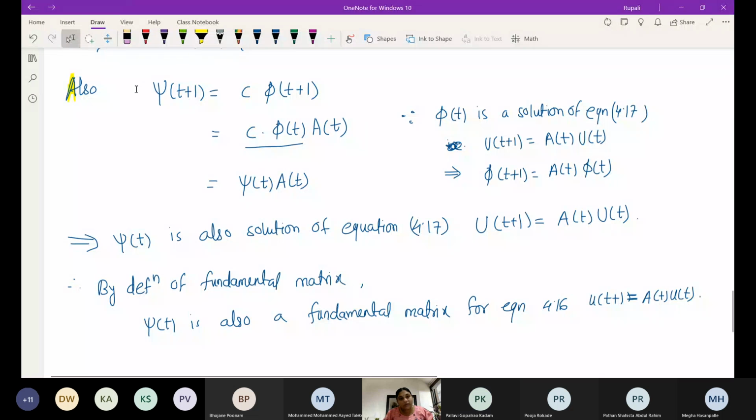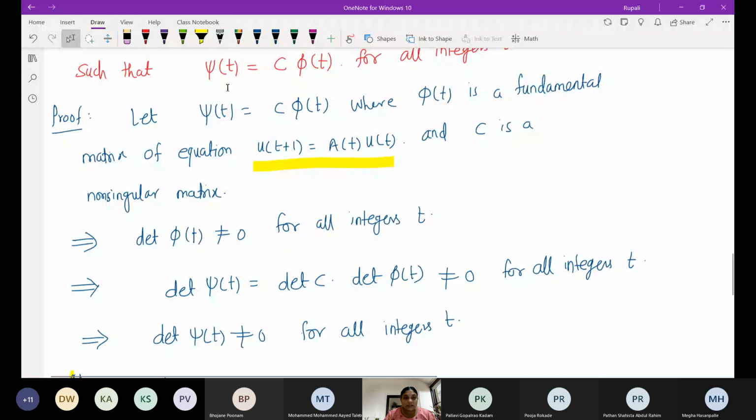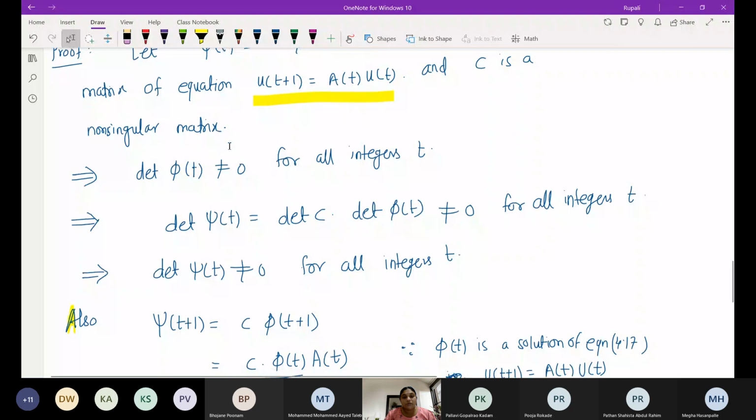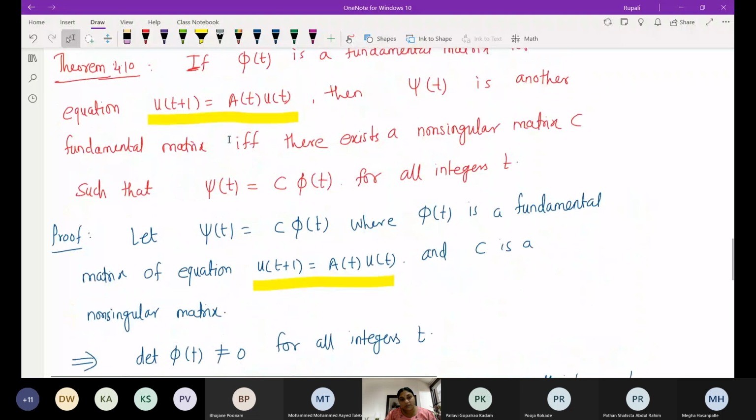So one part we have proved, if psi t is equal to c times phi of t, and if phi t is a fundamental matrix, then c times phi t, that is psi t, is also a fundamental matrix. Now we want to prove if psi t is another fundamental matrix, then psi t can be written as c times phi t, because we have to prove it is if and only if, right? Now conversely,